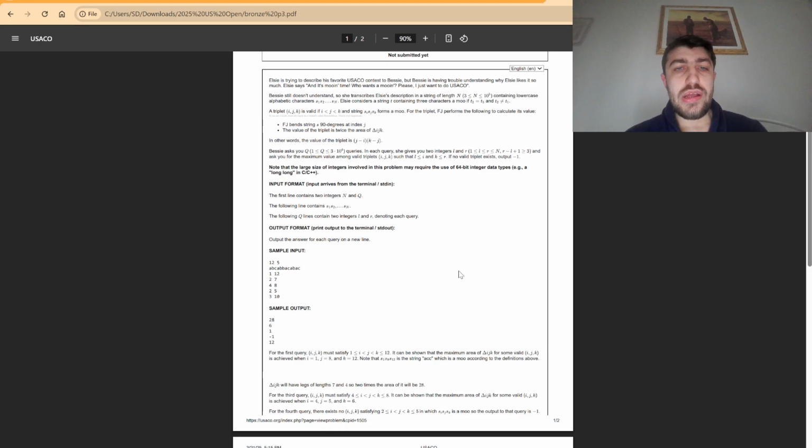Now the way you want to think of this problem is that we want to start with a slow solution. A slow solution would be, for each query, to have three nested for loops which iterate over the substring, and for each of these triples check if they form a moo, and if so, compute the value of the triplet and see whether that gives you the actual answer,